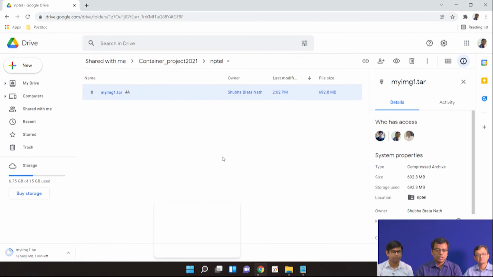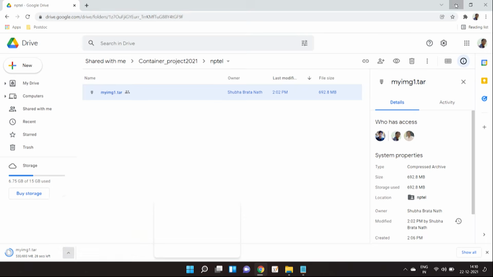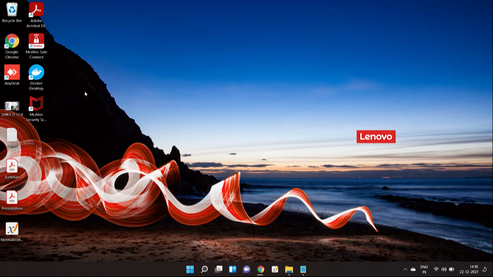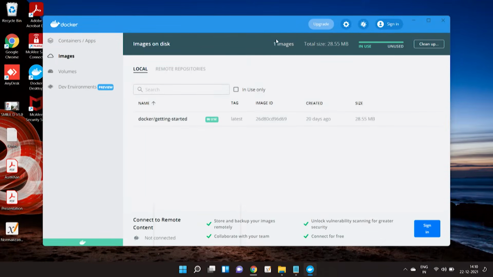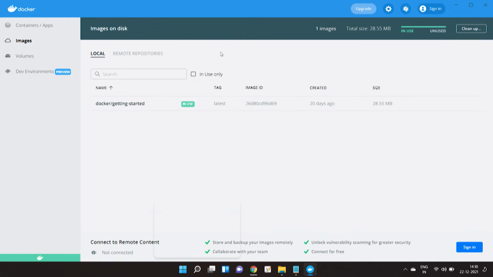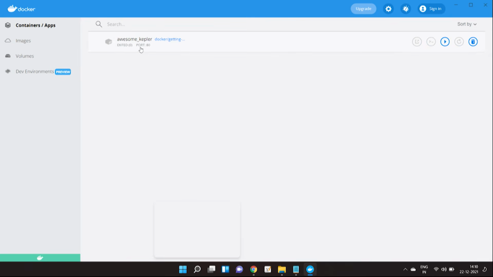It is getting downloaded, and in the case of Windows, if we install Docker, Windows provides Docker Desktop. That is a graphical interface through which we can monitor which images and containers are running and which images are available. Once we install Docker, we get a default image and a default container running on port 80.